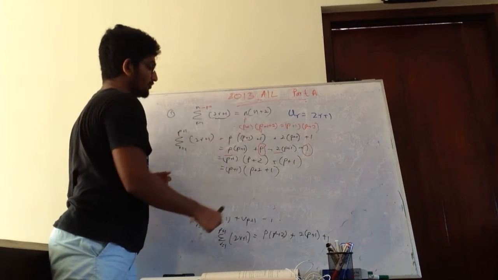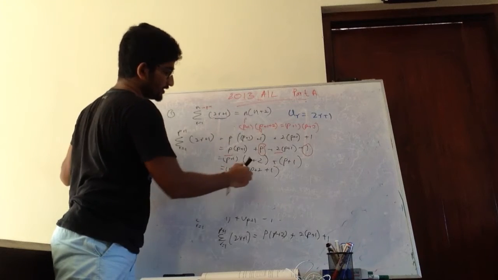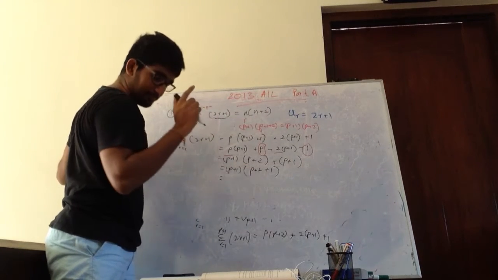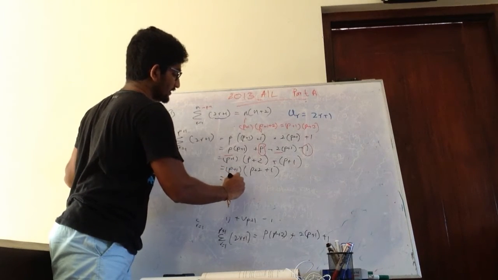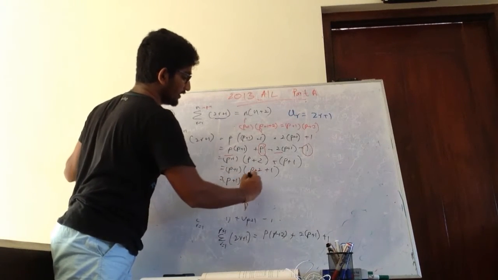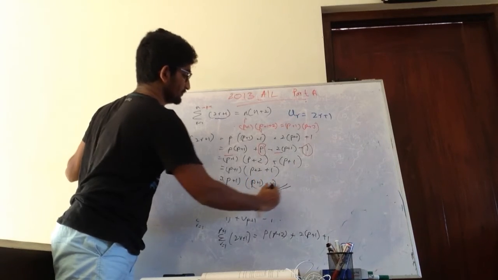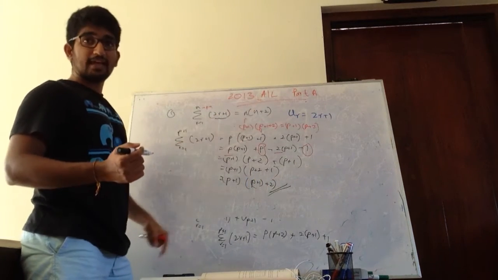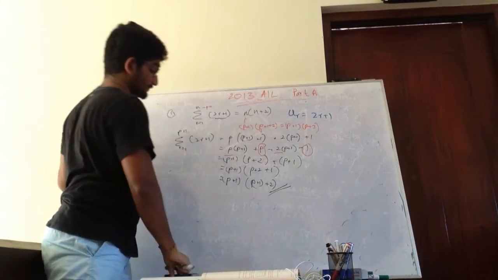So I have to write in this form. So p plus 1 has already come. Right. So this is basically p plus 3. So that's correct. But we have to show that in this form. So I will write p plus 1 plus 2. Right, so that is this form. Correct.